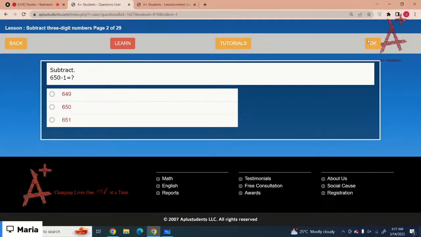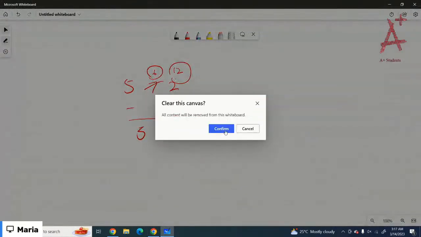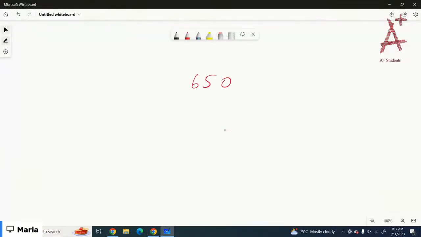Okay, the next one is 650 minus 1. So start subtracting from the ones digit. 0 minus 1. Can you subtract 1 out of 0? No. Got it? Because 0 is smaller than 1. You need to borrow 1 from the next number. So when you borrow 1 here, you are left with 4. And the one you borrowed makes it 10. Got it? That would always be a tens digit, and the number you borrowed must be in the ones digit. So it is now 10. So 10 take away 1 is